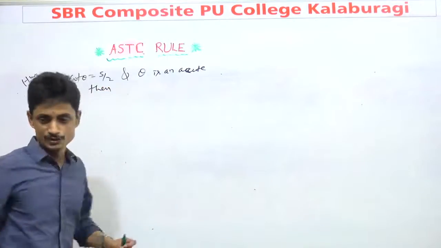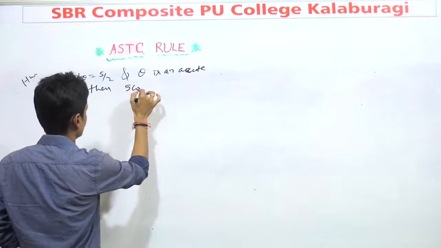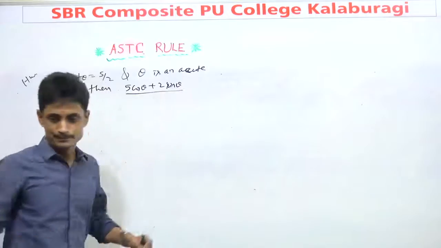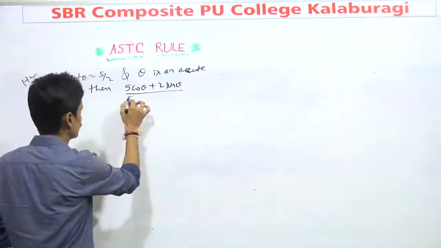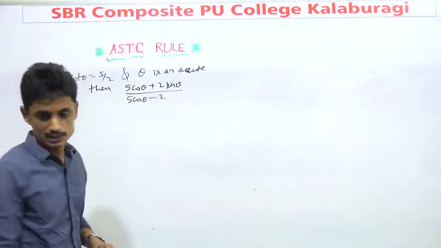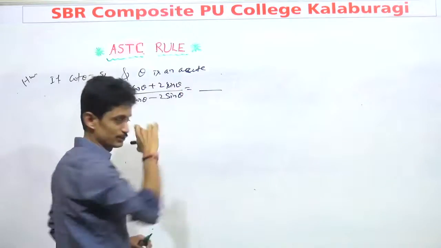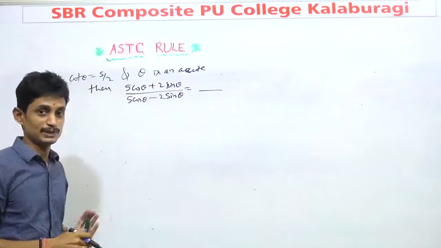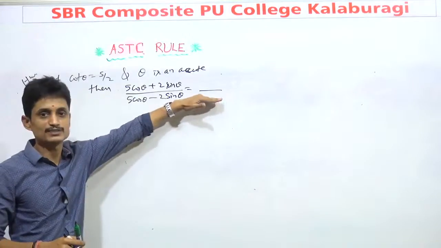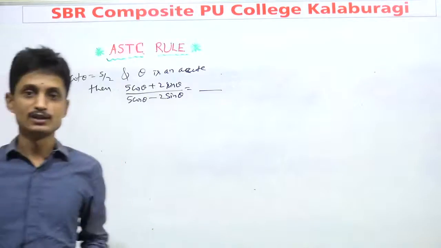The question is (5 cos theta plus 2 sin theta) upon (5 cos theta minus 2 times sin theta). Same type of question, I will modify it. Different values I will give you in exam, but the pattern will be the same. So here 4 options I will give you in exam, or a fill in the blanks. Just try it out. Very simple question. Let us go for the next question.